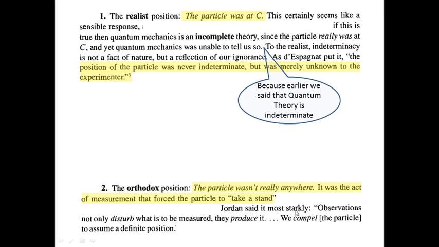Even Jordan said it: observations not only disturb what is to be measured, they even produce it. In a way, we compel the particle to assume a definite position. Now, this is quite unconvincing. So, let us take some examples of realistic situations. I'm taking two examples here. Please try to relate them with the orthodox